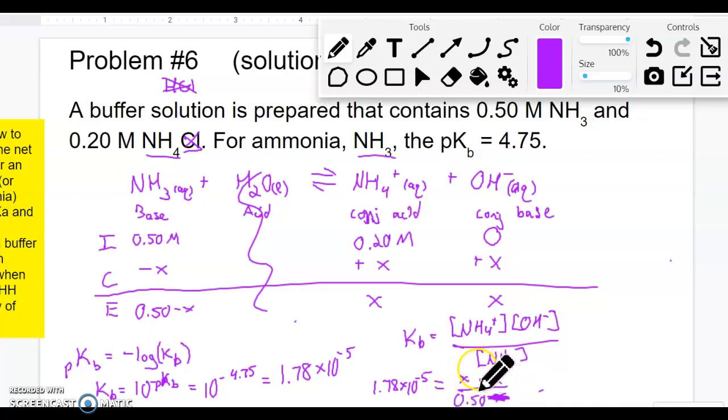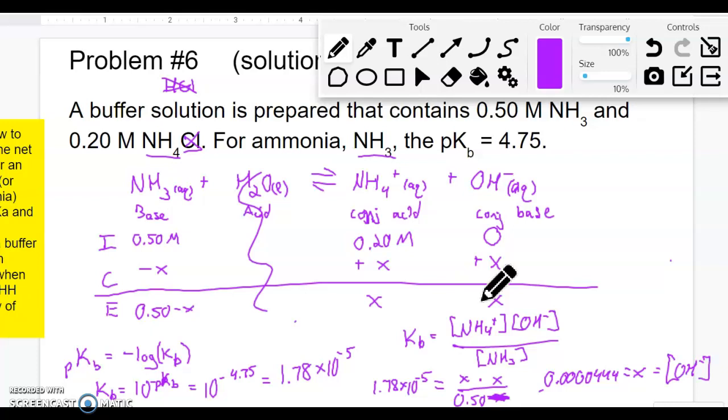Now I can solve out for my X. I can multiply this by 0.5 over to that side, and I'll end up with, and then I take the square root. 0.000444 is equal to X. But it's kind of like, now what do I do with that? Remember we went in search for X because we were looking for the concentration of OH? That is my concentration of OH